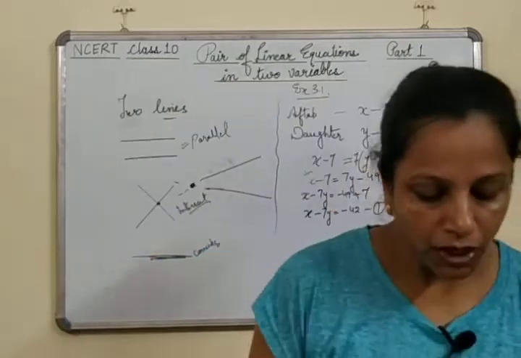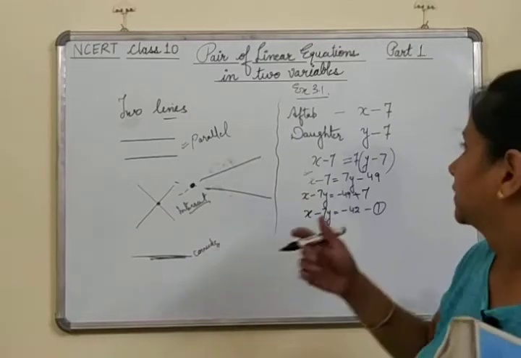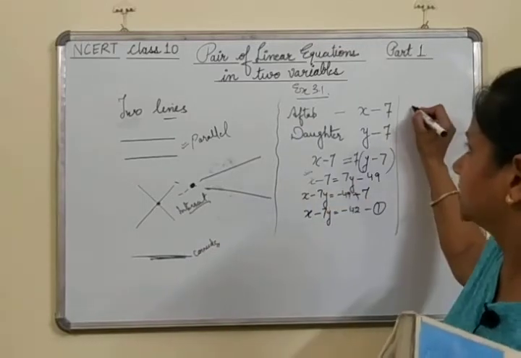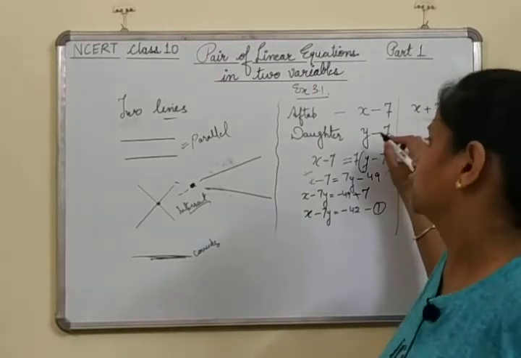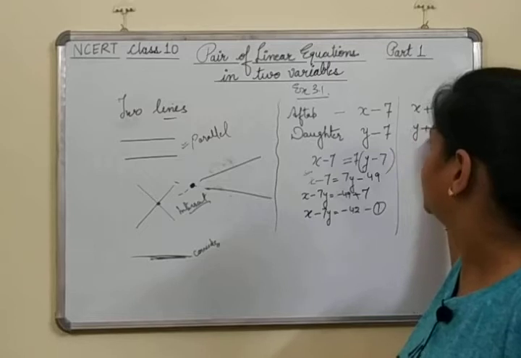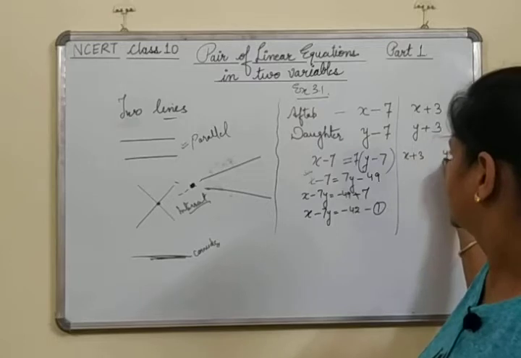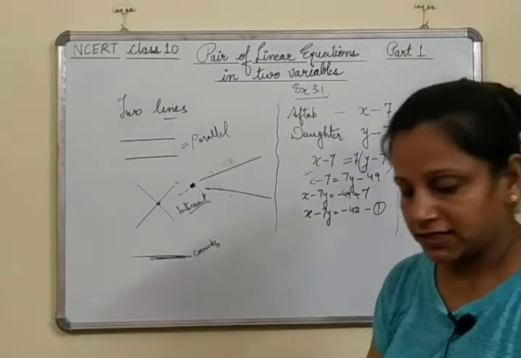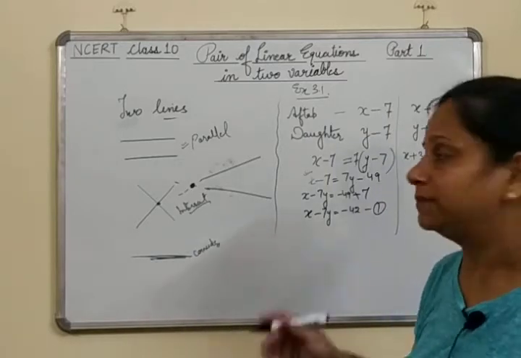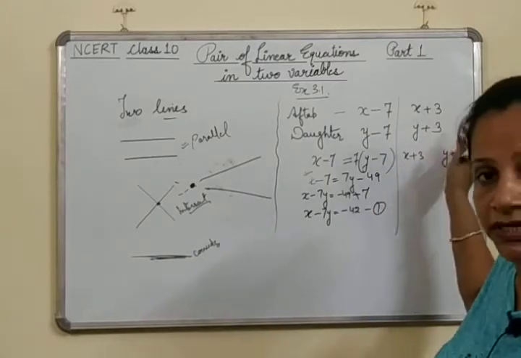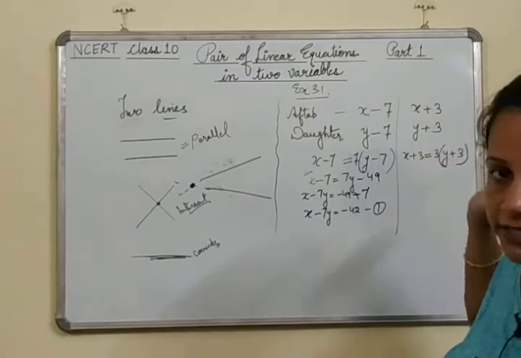Then also 3 years from now, अब से 3 साल के बाद. अब 3 साल के बाद क्या होगा? अगर इसकी एज x थी तो 3 साल के बाद his age will be x plus 3. If the daughter's age was y, after 3 years it will be y plus 3. Now this is the father's age, this is the daughter's age. Now what is the condition? I shall be 3 times as old as you will be. Now the father is saying that I will be 3 times. In the same way, to make them equal, we have to multiply 3 by the daughter's age.